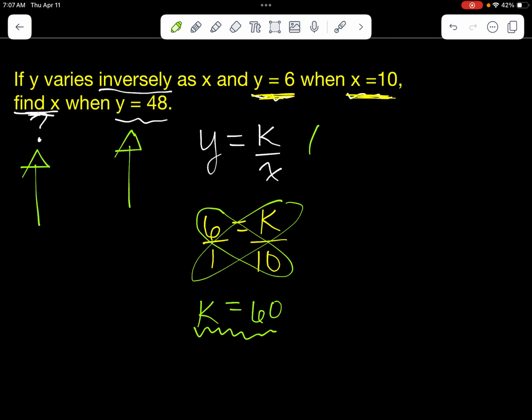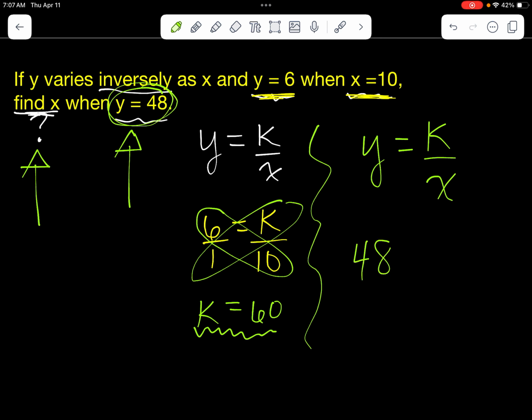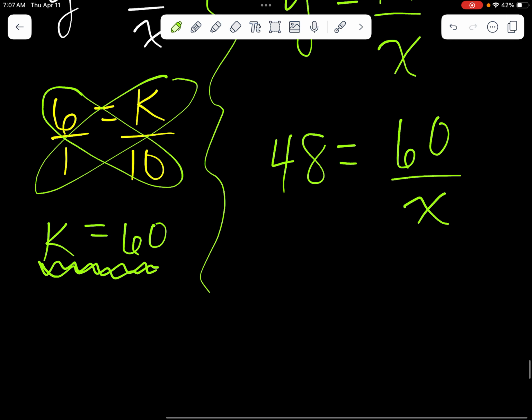All right, so let's write our formula or our equation here. Y equals k over x. Let's plug in what we know. We have 48 for y. We have 60 right here for the constant k, and we're going to solve for x. So what I'm going to do now is put a 1 underneath that 48,